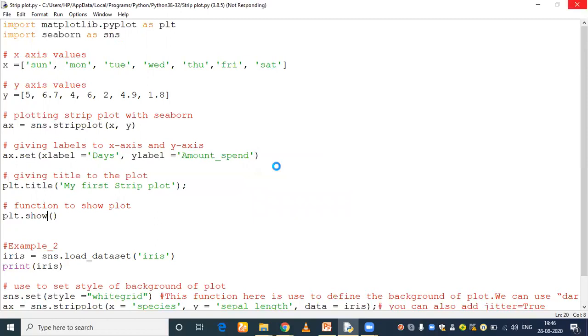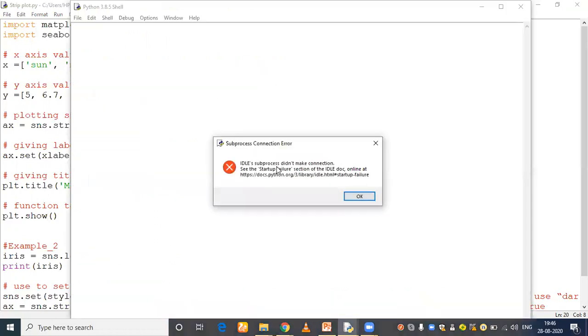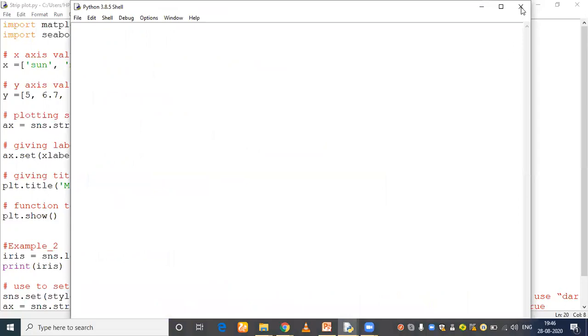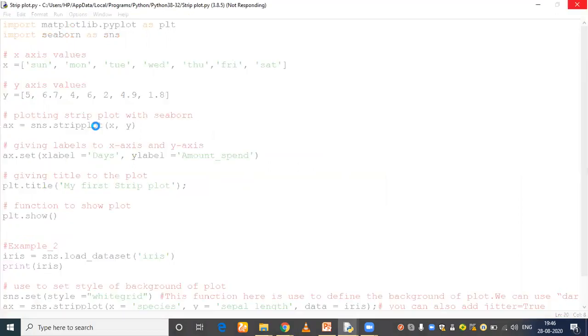Just wait for a few seconds. In this first example, we are using the function seaborn.stripplot with 2 arguments, x and y.